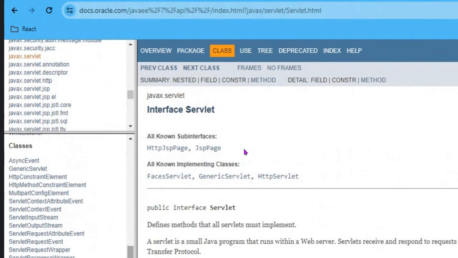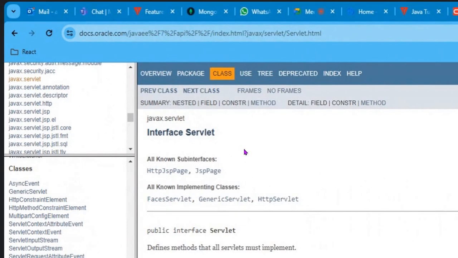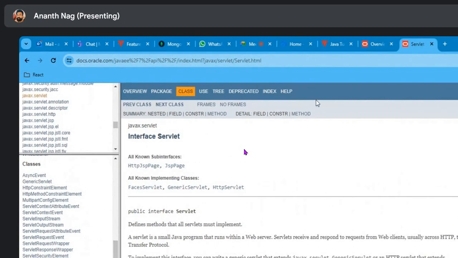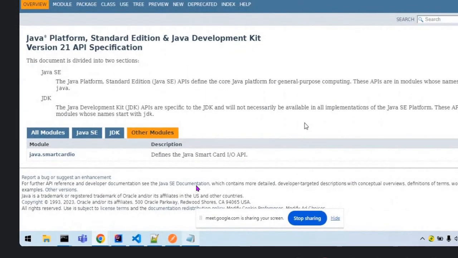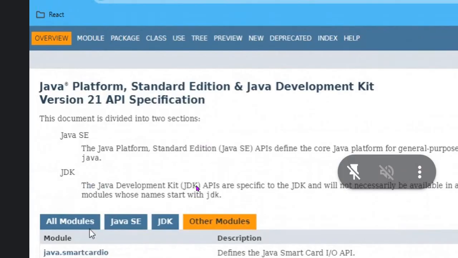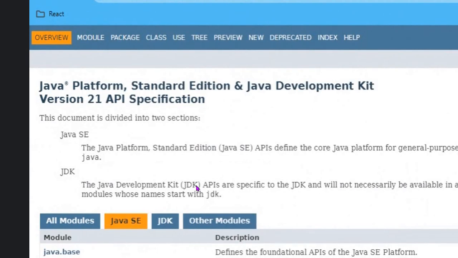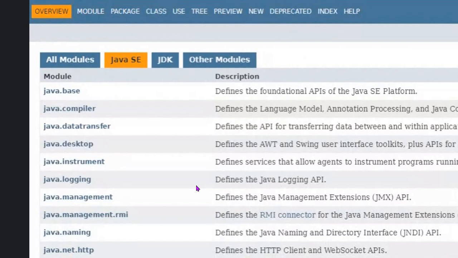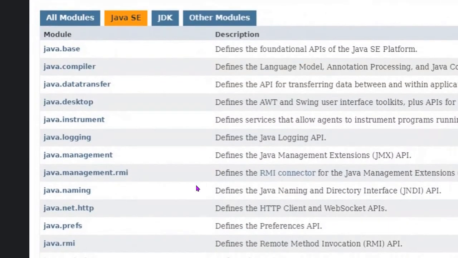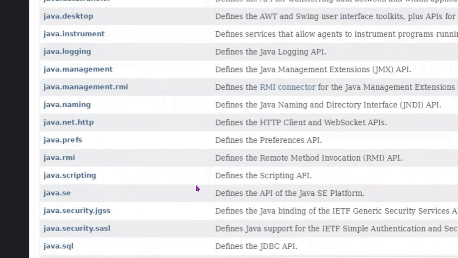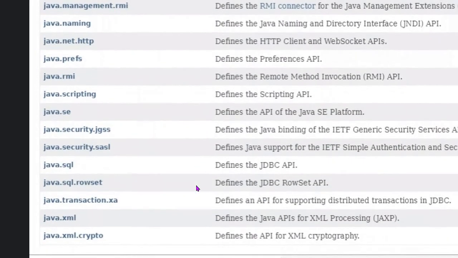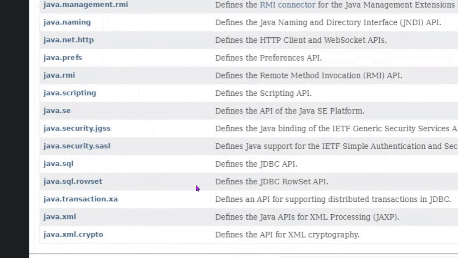Now, similarly, let's take one more example. Go to the standard edition document, on the left side. No, another tab, the one you had opened the first time. Yes, this one. So go to Java SE standard edition, and then come down. I'll call out a few APIs. When you see the recording, you should open them and explore them.